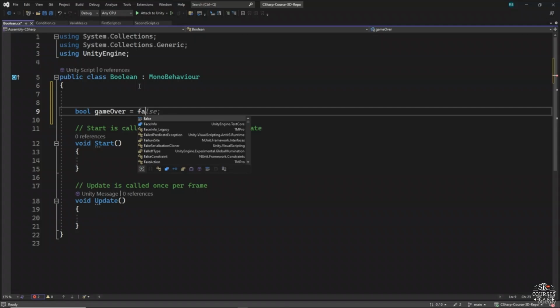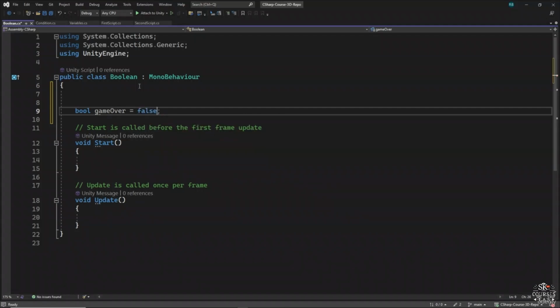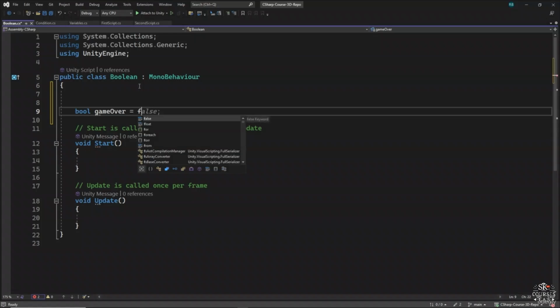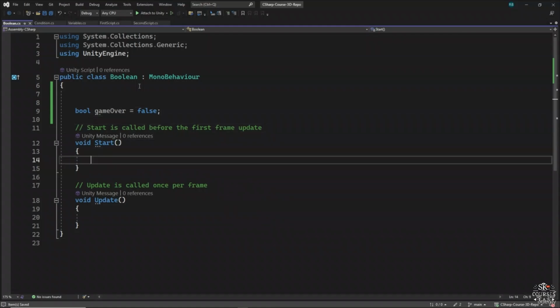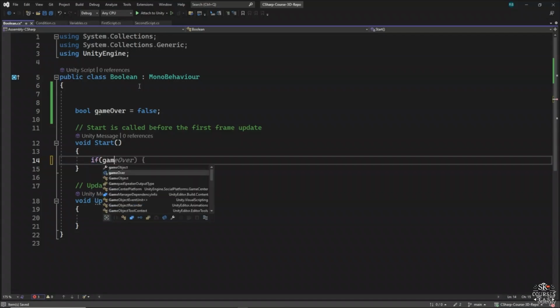Okay, so it can only hold two values, either false or true. So by default, let's give it a value of false. All right. So now as you can see, our Boolean game over variable is set to false. So inside the start, what we can do is we can check if game over